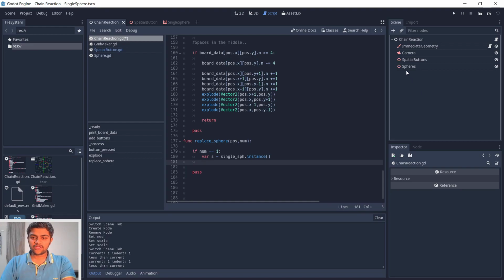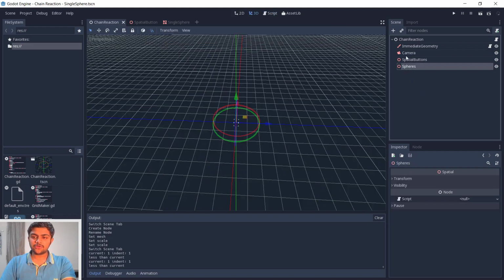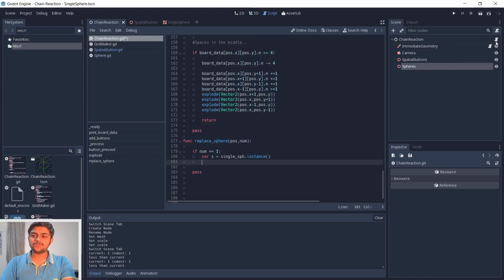I have gone ahead and created a spatial node over here just below chain reaction. It is called spheres. This is just like spatial buttons. It's designed to hold all the spheres in the game in an organized manner. So I'll reference that by $spheres dot add child s. After adding it to the scene tree over here, this single sphere is now visible, right? So after adding that,